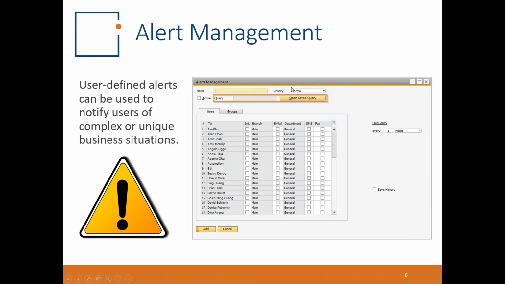Our next topic after formatted search is to really understand how to use queries in alert management. SAP out of the box comes with multiple alerts, but the real strength and power of it